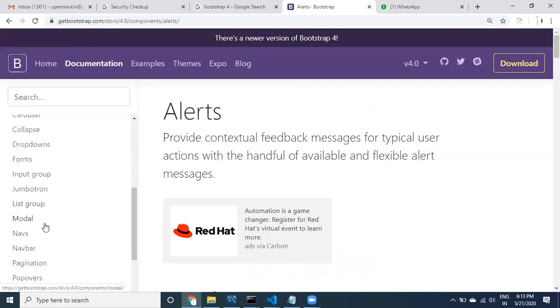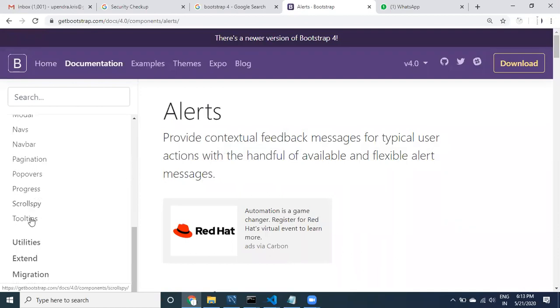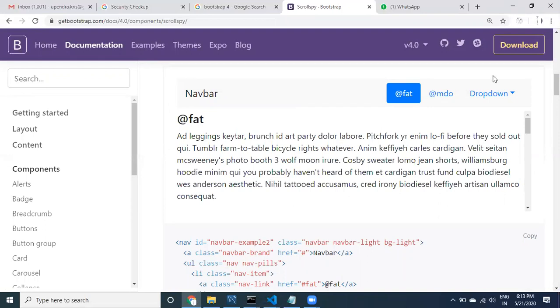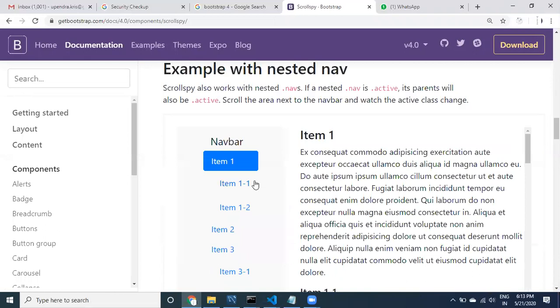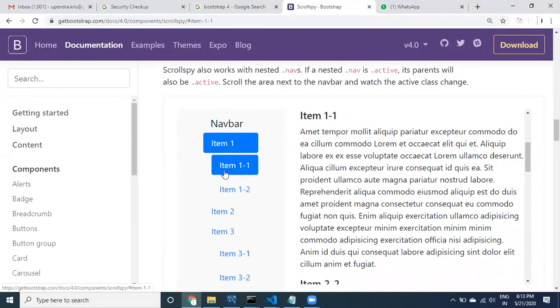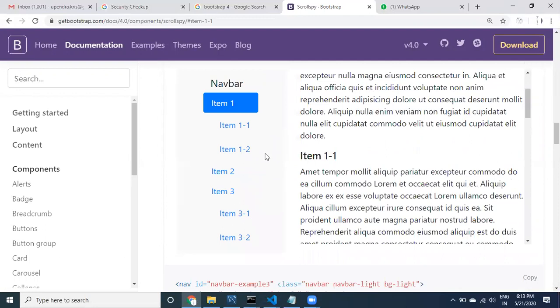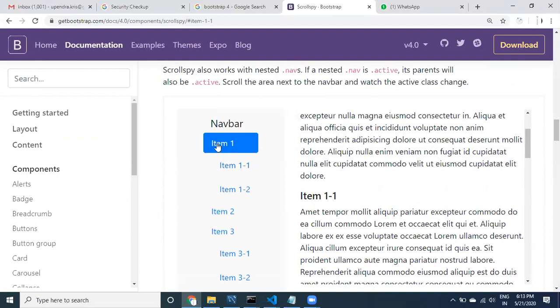Okay, scroll by, see here. You see here, guys, how it is looking. We are going to use this. This is how it is displaying. If you observe carefully, sub items are getting displayed, right? You can do it like this. Even you can also use this kind of next one.